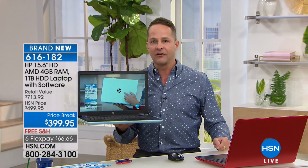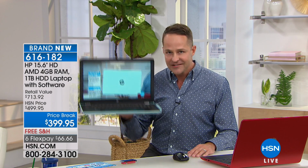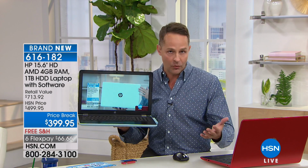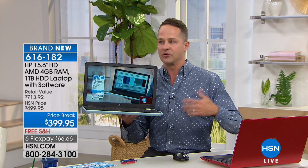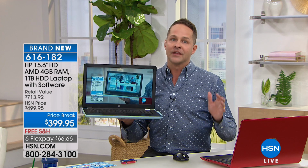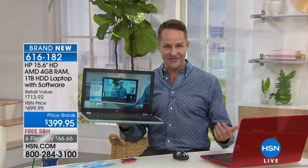It's also an AMD processor. AMD is particularly well known for their graphics. What that means for you, if you love to watch movies, if you love to be on social networks, on Facebook, checking out information and watching little videos or downloading music, this is a computer that is absolutely designed for you. If you like to spend time on the web and like it to be fast, you don't like to wait when you're online,